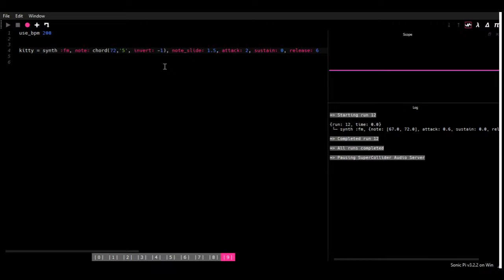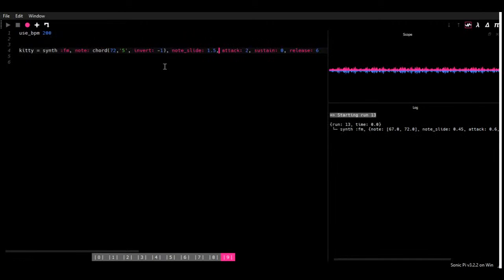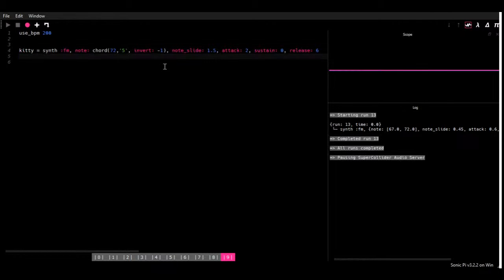So what does that mean? Let's play it and see if it's done anything to it. No, it's not done anything. Why? Because I haven't asked it to. So I have the synthesizer. I've specified the note, the chord, inversion, and all these other parameters, attack, release, and note slide. So now let's say I want to control Kitty, and I want to now make the note, let's say,